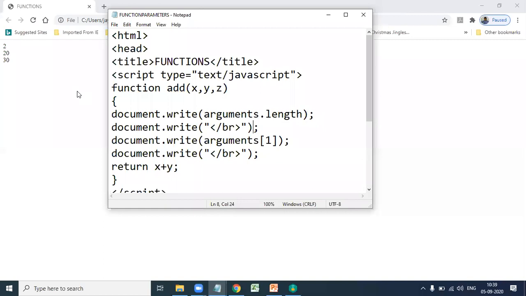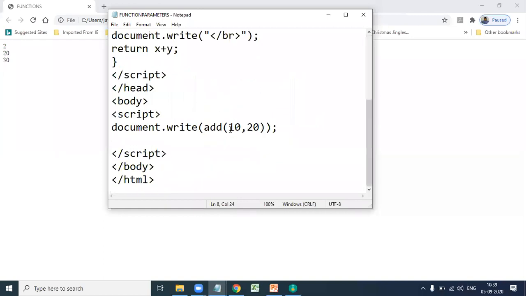Next, arguments of 1 is 20. Why? Because 10 is the 0th element, and we already know indexing starts from 0 to n. So the 0th element is 10 and the index 1 element is 20.